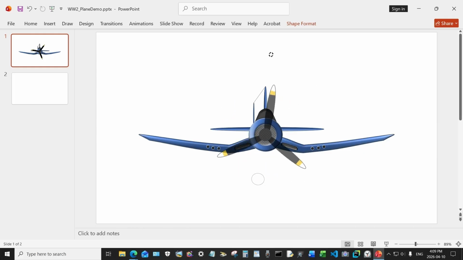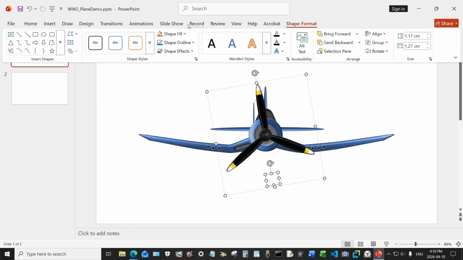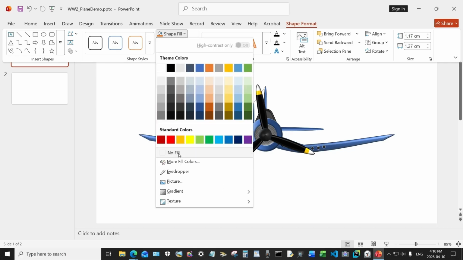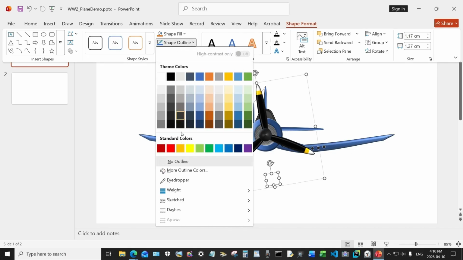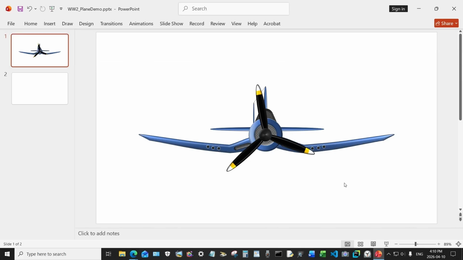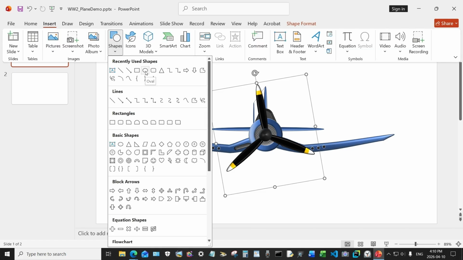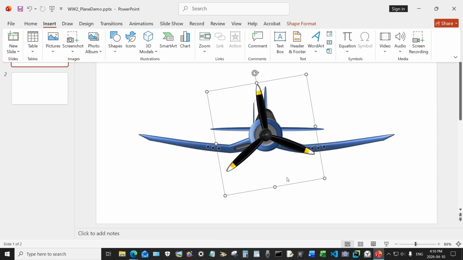The way you balance it is you put an additional shape here. Then you go into shape format and you go shape fill. You say no fill. And then you go shape outline, no outline. So it makes it invisible. What I used is a circle or an oval. And if you go here, shapes, you just take this shape. You can use any shape. And then you just, to make sure that this thing